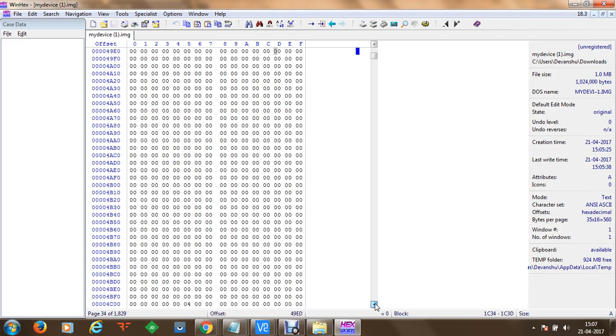We're just scrolling down to check where the content for the secret data has been stored, and now you can see that this was the secret data which we put onto mydevice.img. It's a device which is filled with zeros, and we only have one file known as secret.txt, and we have written a text, and that has been stored onto the storage. So this is how you can understand how devices are created and how devices are mounted. Once devices are mounted, the contents are available in that directory, and users are able to access the contents.